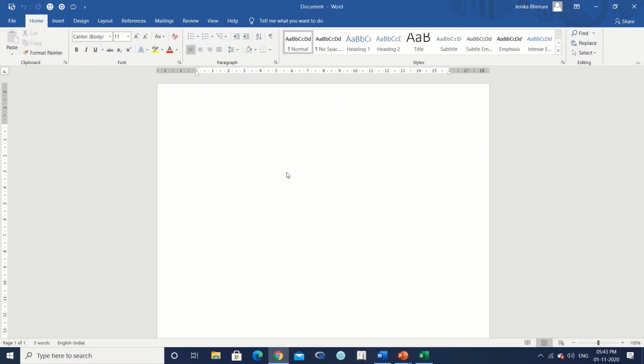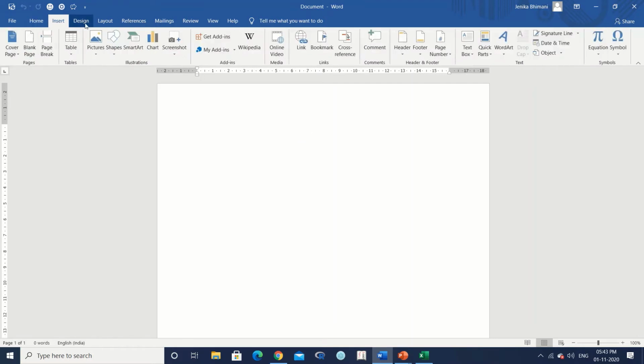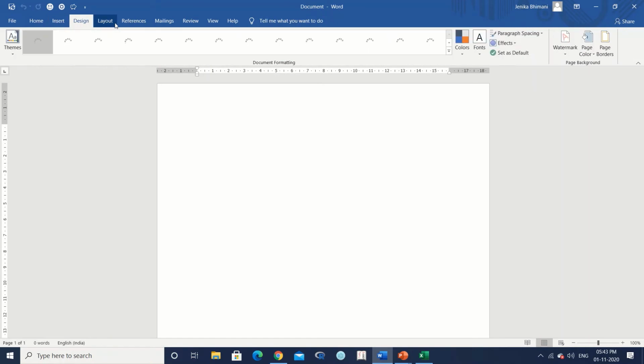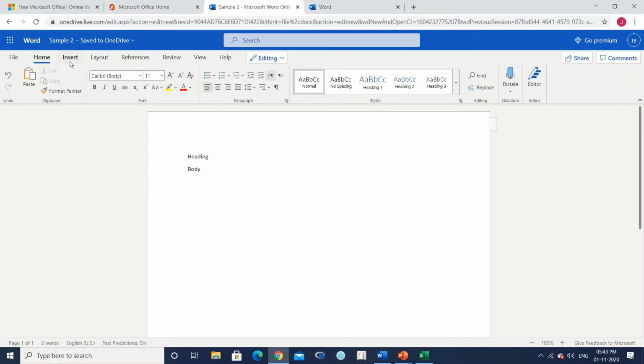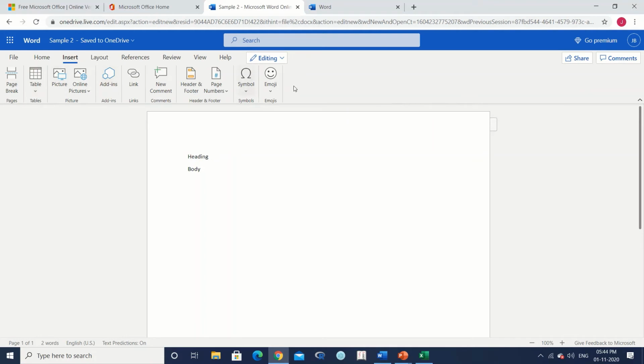So here you can see I've kept the locally installed version open. This is Microsoft Word 2016, and you can see that you have so many tabs and so many features which may not be available in the online version. So you can see in Insert, you just have a few limited options. But again, as I had mentioned, this is useful for you when you have access to older versions, and say suppose you want to use a 2019 feature which might be available in the online version, so you can keep checking for it.